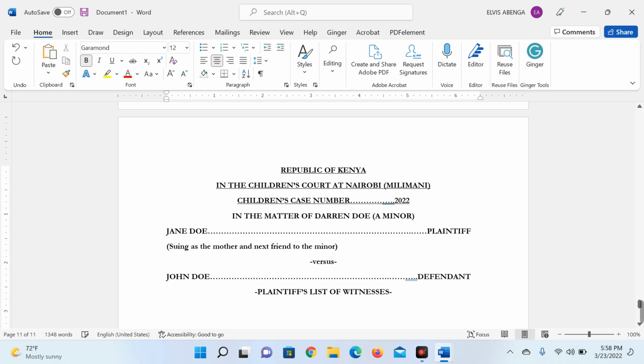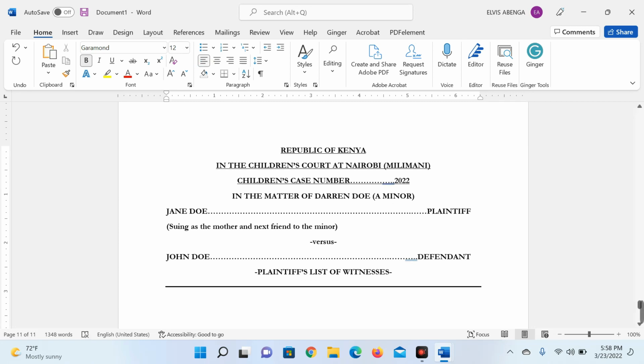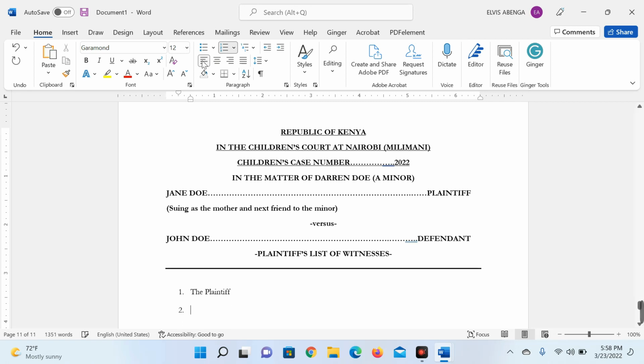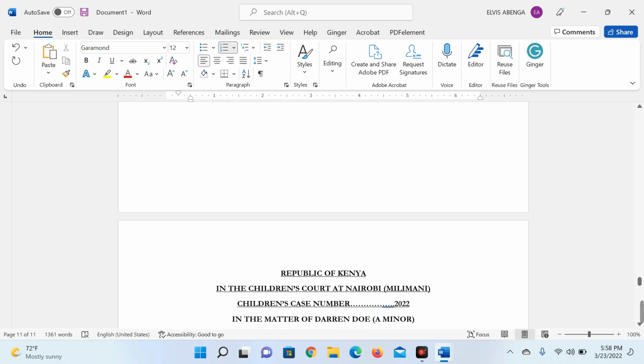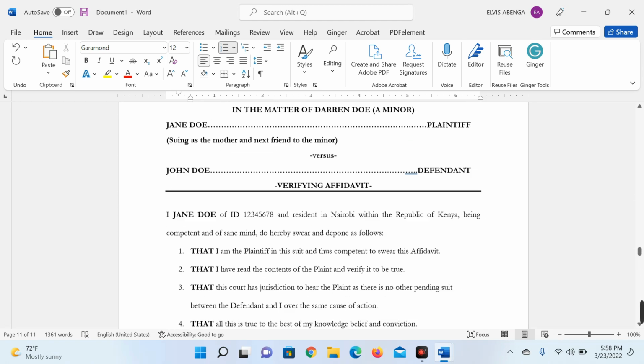Most times when you're drafting, you do not know all the witnesses that you will call, so you just start with the ones you know, and most of the time it's yourself, you're the plaintiff, so you say the plaintiff, and then you give yourself room to call any other witnesses to be called at the hearing. And then our ending, let's go and end it properly